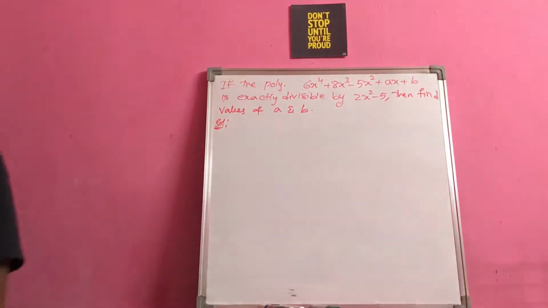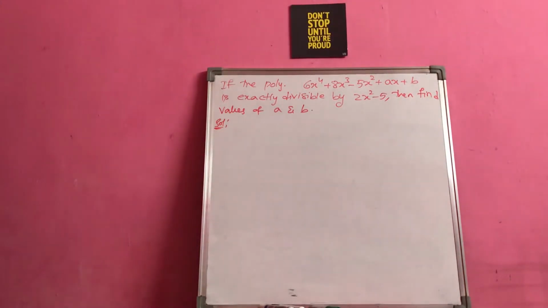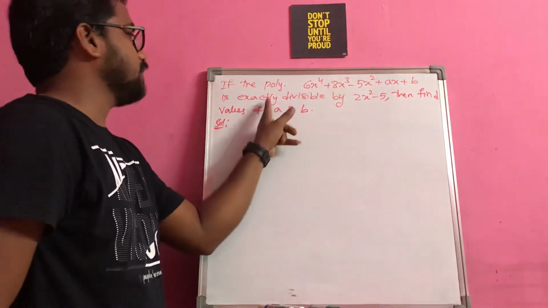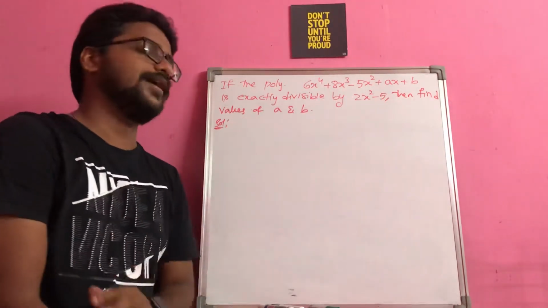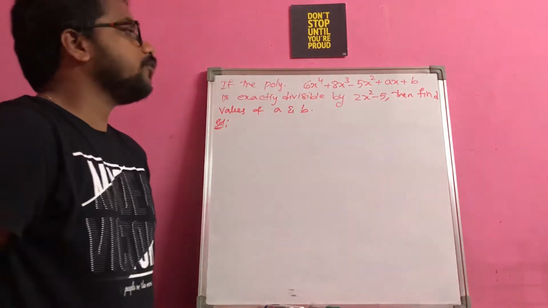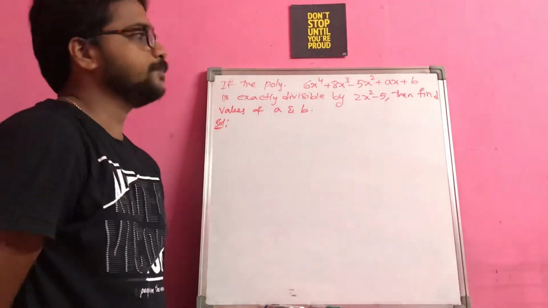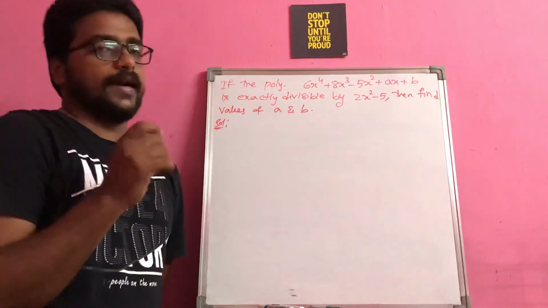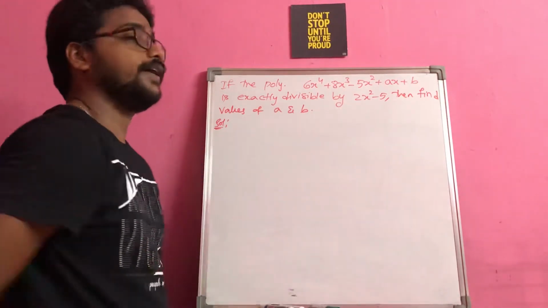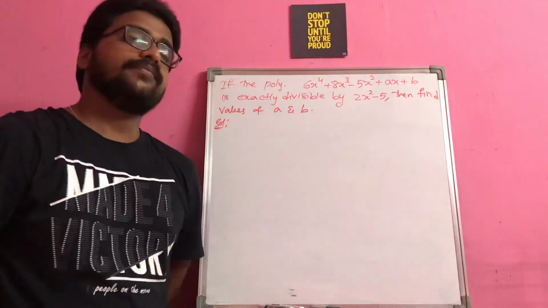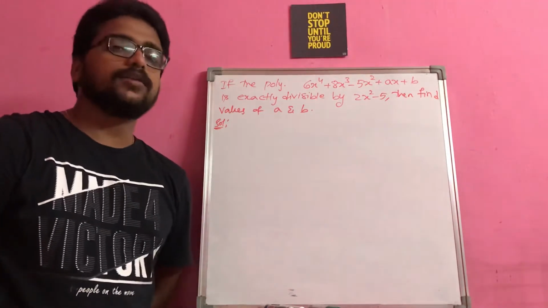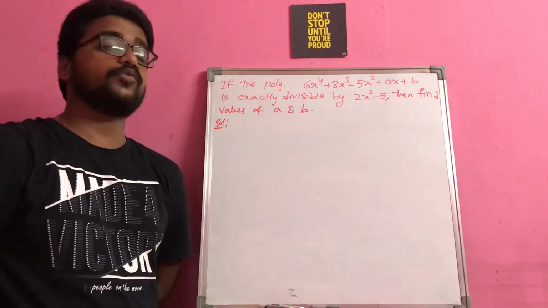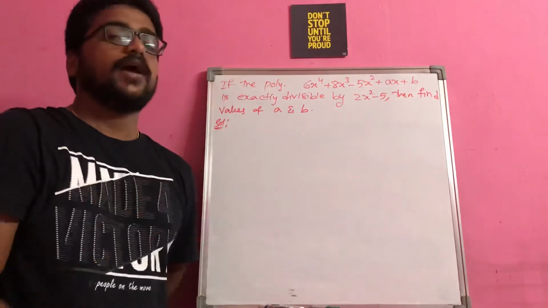Please try to understand the question first and then we will go into a detailed explanation. If you observe the question, they said that the polynomial is exactly divisible by this, and then find the values of a and b. The first thing you have to understand is that you can apply the remainder theorem and factor theorem also, because this type of question we did in class 9. But remember one thing, officially you don't have the remainder theorem and factor theorem in class 10, so we cannot go for that type of solution in a 4-mark question.